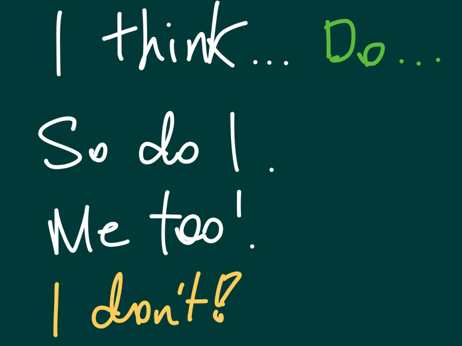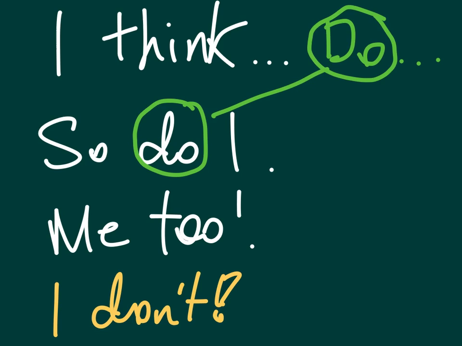So, do you think? The fact that we've used do for the question requires that you use do for the answer. So, "Do you think British beer is better than German beer?" "I think British beer is better than German beer." "So do I." If you don't want to worry about which verb we've actually used in expressing our opinion, you can say "me too." But if you're going to contradict it, again you have to use the verb do. Okay?